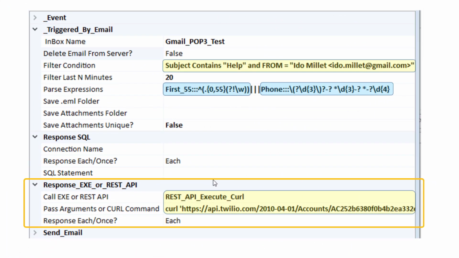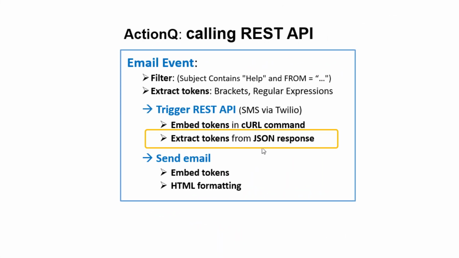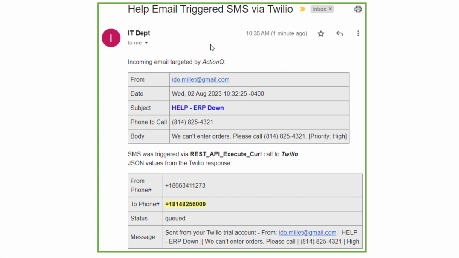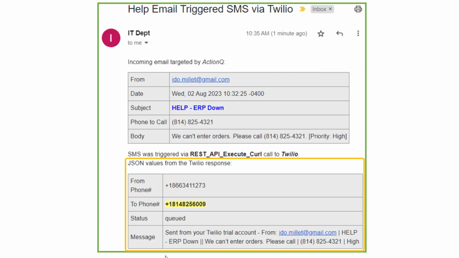In ActionQ, in the properties for the event, REST API execute curl indicates that you want to call a REST API, and this argument provides the curl command. ActionQ takes the JSON response from the REST API call and extracts tokens from it. And in our case, some of these tokens are embedded in the final email summarizing the event. Here's an example of that final email. At the top, we have information extracted from the targeting email, and at the bottom, we have information extracted from